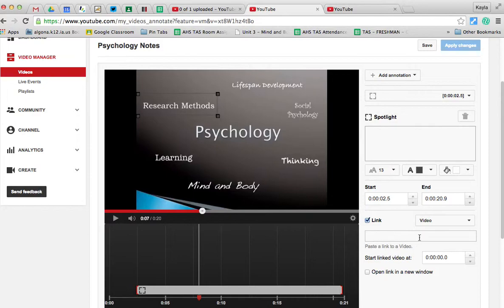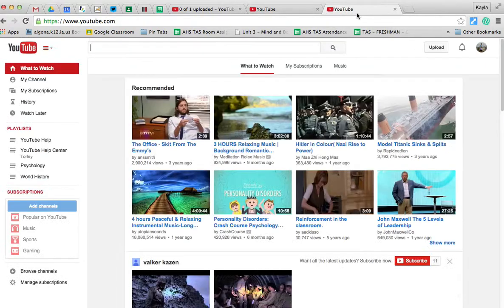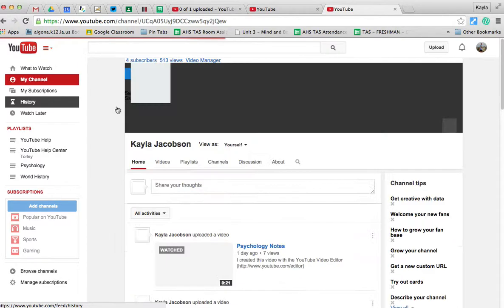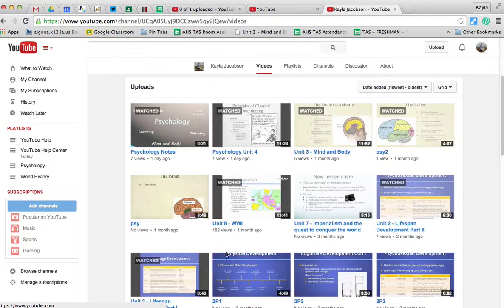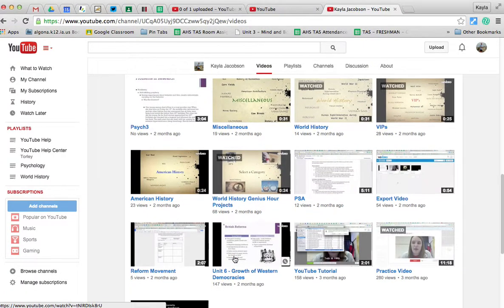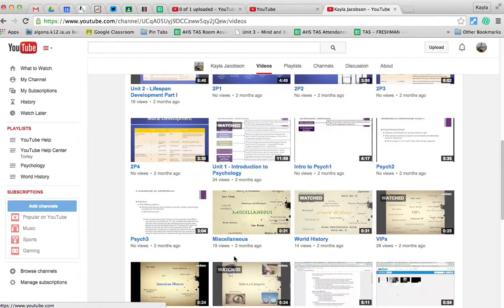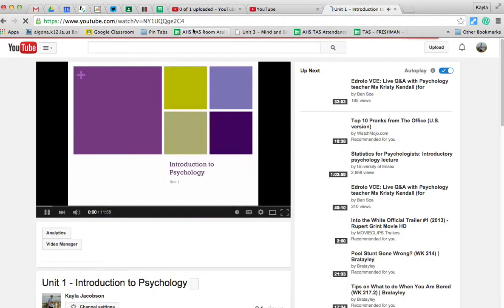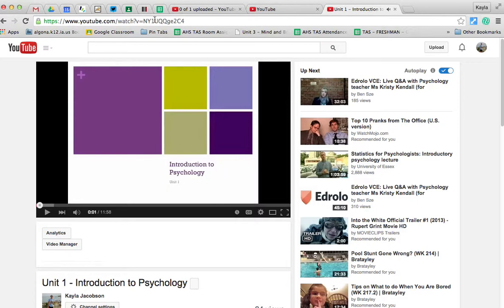Okay, this is where you're going to paste the link to the video that you want to do an annotation with. So sometimes it's kind of helpful to have multiple tabs open for YouTube. So what I'm going to do is I'm going to go get my YouTube link for research methods in my videos. Okay, there it is. Okay, and I'm just going to copy it,